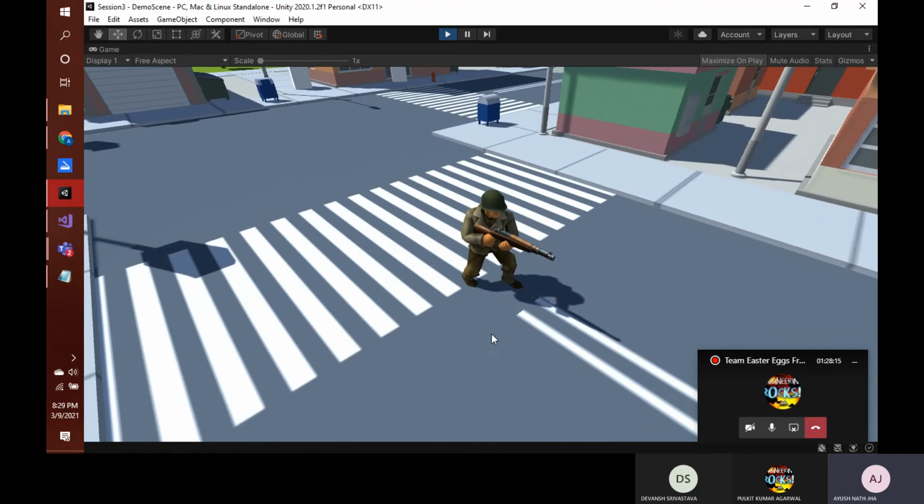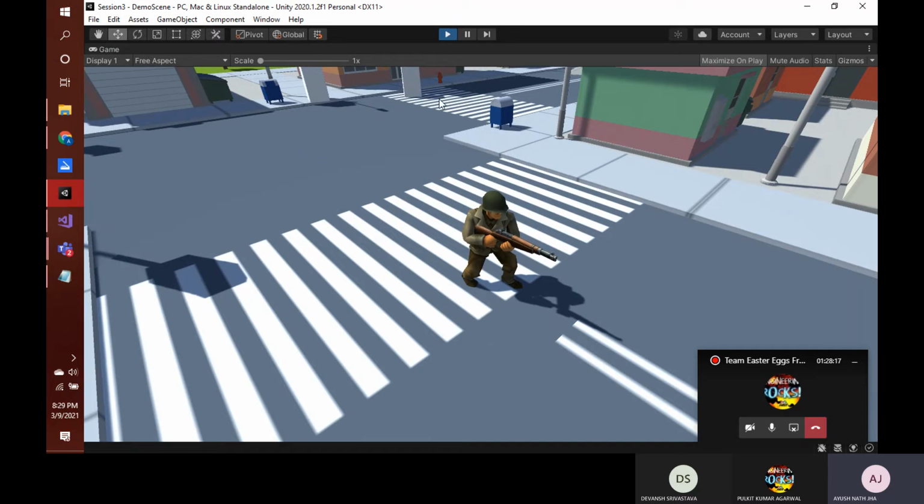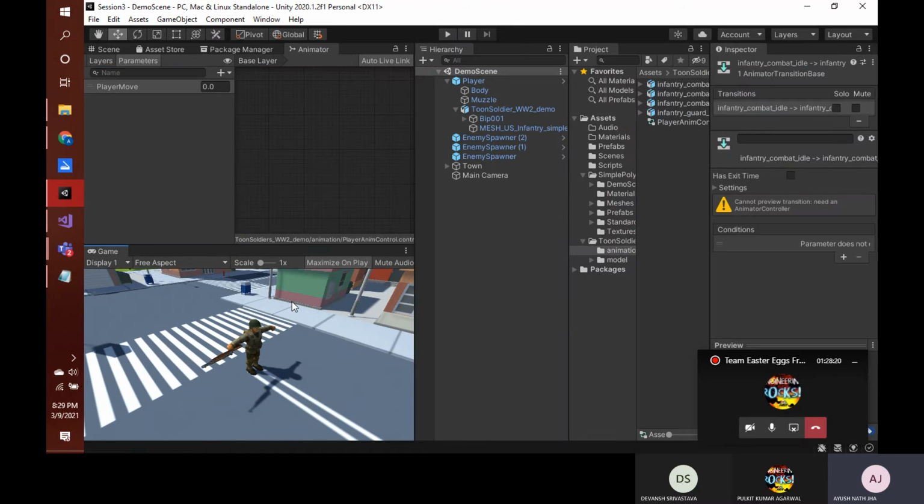Since our condition is that once the value is below 0.05 it should play the idle animation, whenever we press S the value turns negative and still remains less than 0.05, so it continues playing the idle animation. So in case you get another animation like any back moving animation, you can simply add it and change the condition for that back running animation. You just need to set the condition for that float value.